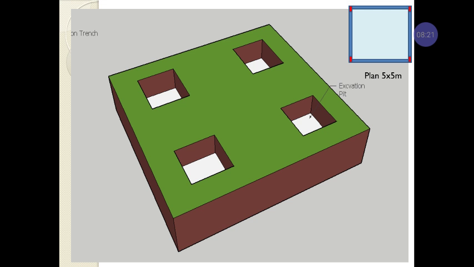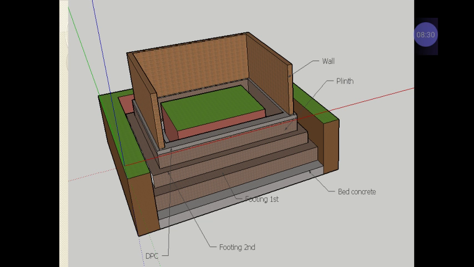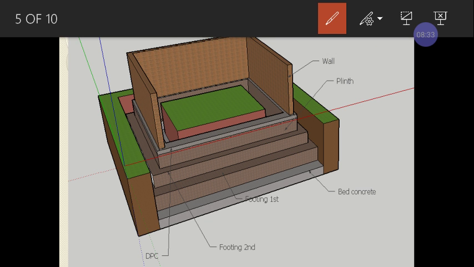So below exactly this column there will be a column footing. We will not be providing a trench all around the walls. Here, because the load is not taken by the walls and transferred to the footings, the columns will be taking the loads and transferring them. So we will be transferring the loads from the column to the foundations. Here the walls will be acting like partition walls. This is the difference in excavation between the two types of structures.